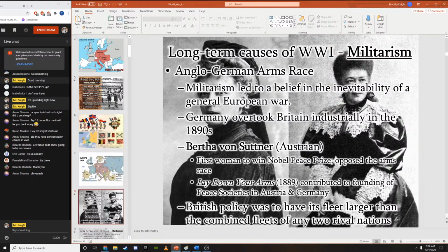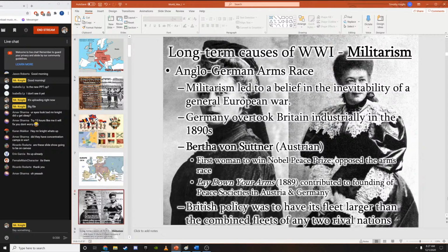What this means is that Germany now is the most powerful European industrialized nation. They are building cars. By this point, Mercedes-Benz is already a company. Mercedes starts making some of the first mass-produced automobiles in Europe. And then in America, Henry Ford starts doing the same thing shortly thereafter. Germany ends up overtaking Britain industrially.